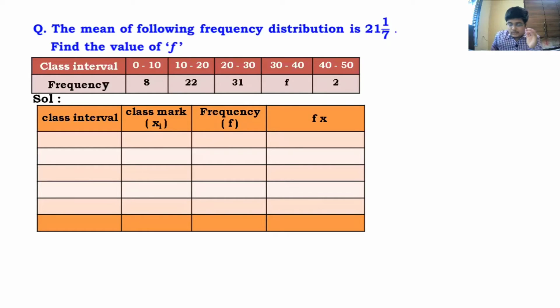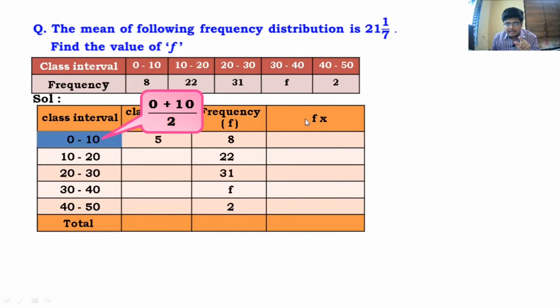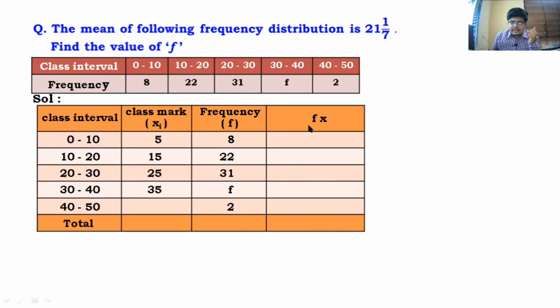All right, so I hope guys you have already done this. You have already filled the table. So here let us check this. So class intervals, we have 0 to 10, 10 to 20, and the last is 40 to 50. Frequency is given, we copy that. Class marks, the middlemost values: 0 to 10, it's going to be 5. Then just keep adding the class width. Class width here is 10. So 15, 25, 35, 45.